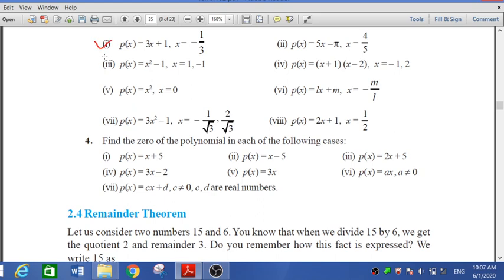Mostly here we say yes, here yes, here yes, here it is yes, here it is no. Now you have to put x equal to 4 by 5. So 5 cancels, 4 minus 5, so we can say no. You have to put x equal to minus 1. Again yes. Let x equal to minus m. So L in brackets minus m upon L plus m. So this L cancels. So minus m plus m. So again we can say the answer is yes. Such types of questions you have to solve in your rough book and then show it to me. Now question number 4.